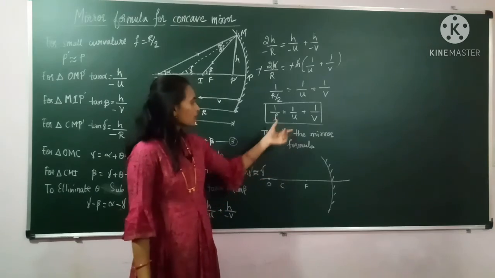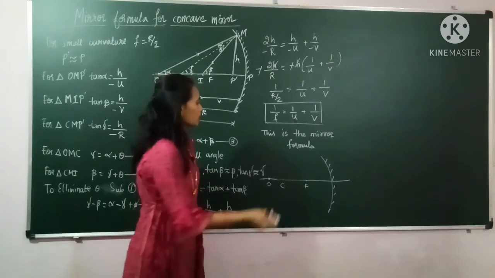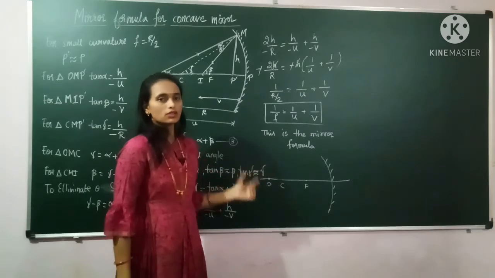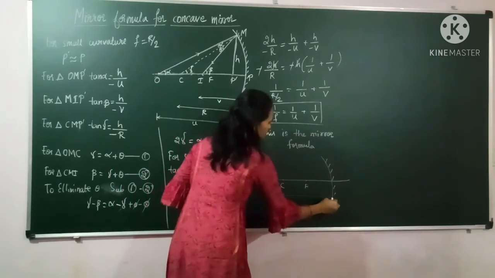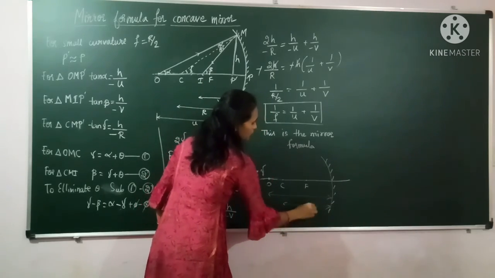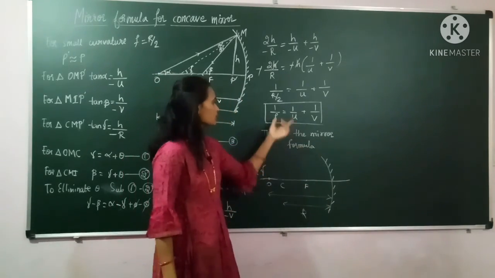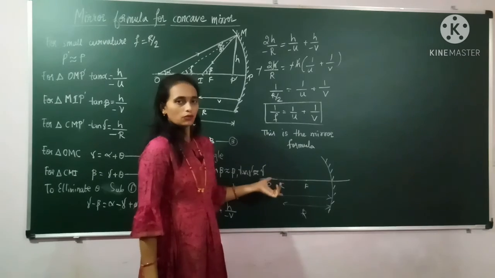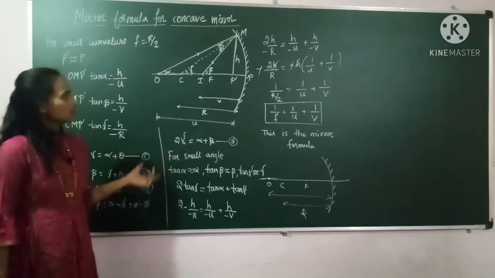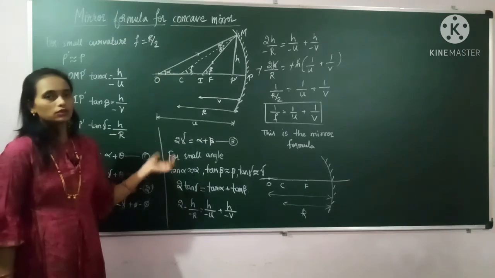So for that reason, we will use this formula to find out the image distance, means where the image will be formed. Instead of drawing the ray diagram, in one step we can easily find out the image distance. If you measure the object distance, and the focal length or the radius of curvature, then easily we can find out the image distance using this formula. So this is one of the applications of the mirror formula, and this is the derivation of the mirror formula for the concave mirror, and next we will derive the relation for the convex mirror.